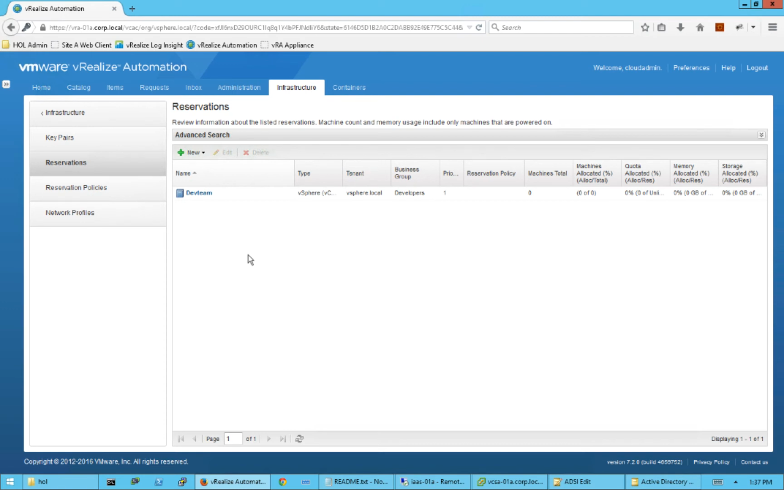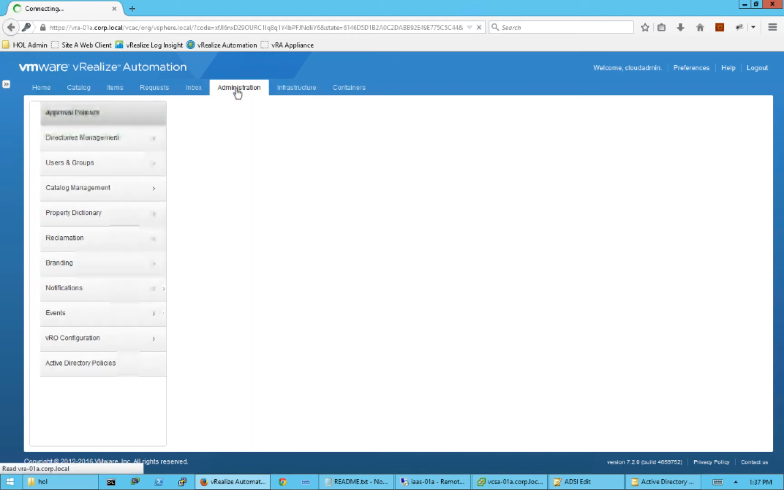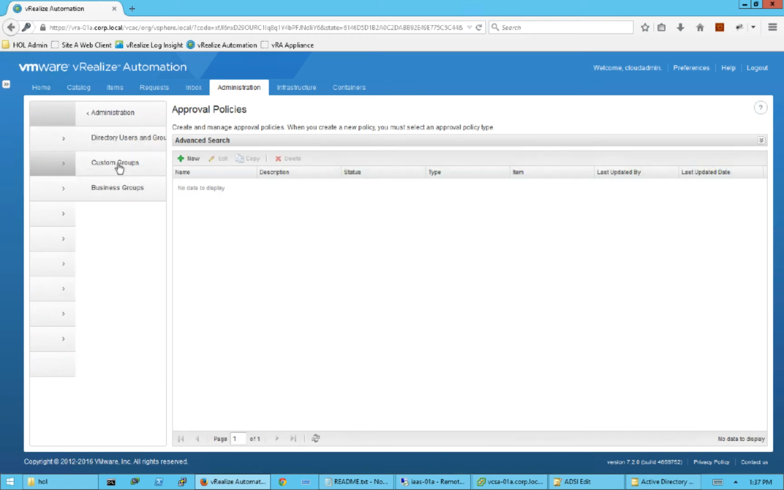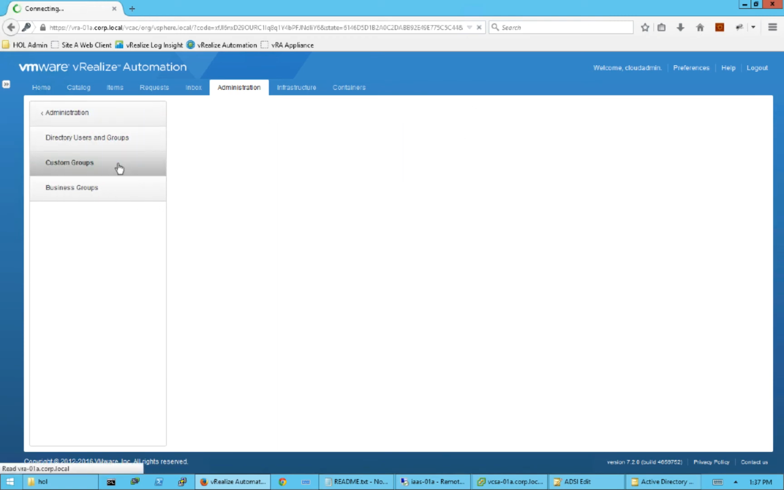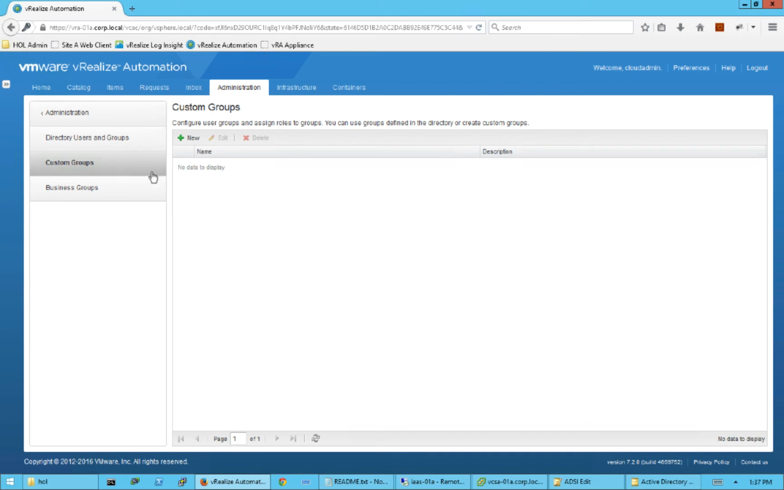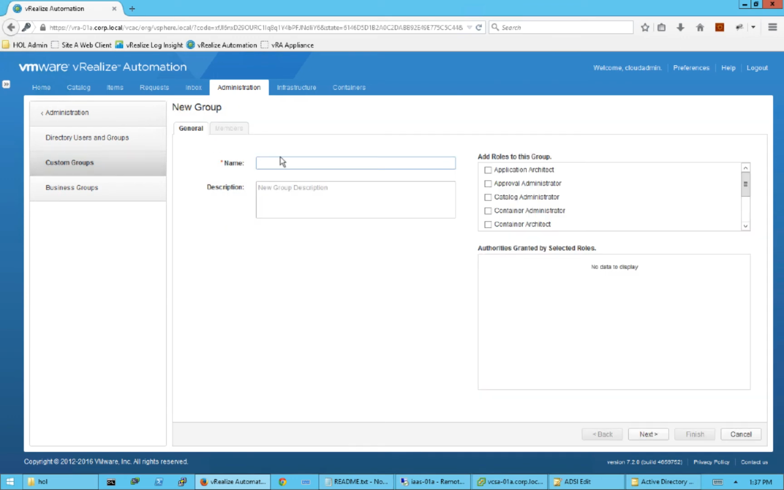But before that, we've got to add a little bit more access rights. As you see, there's no design tab here to create your blueprints at the moment. So we're going to switch over to the administration tab, go to users and groups, go to custom groups, create a new custom group, name this cloud admins, and then we're going